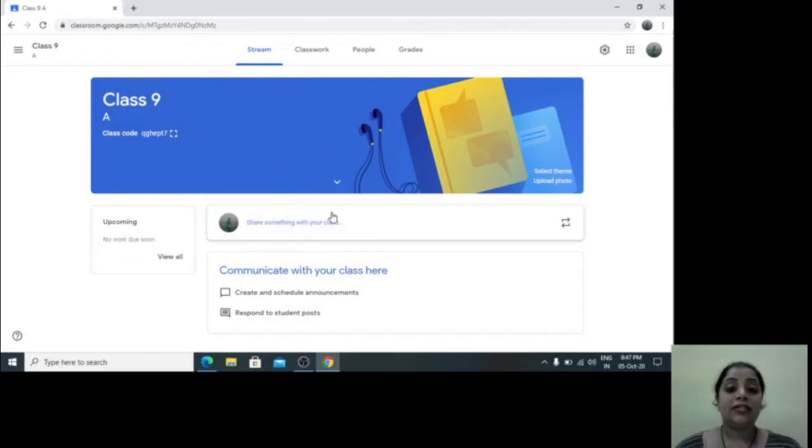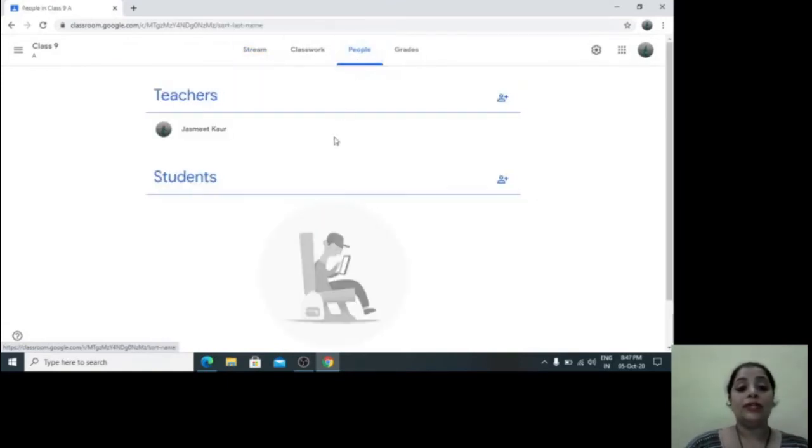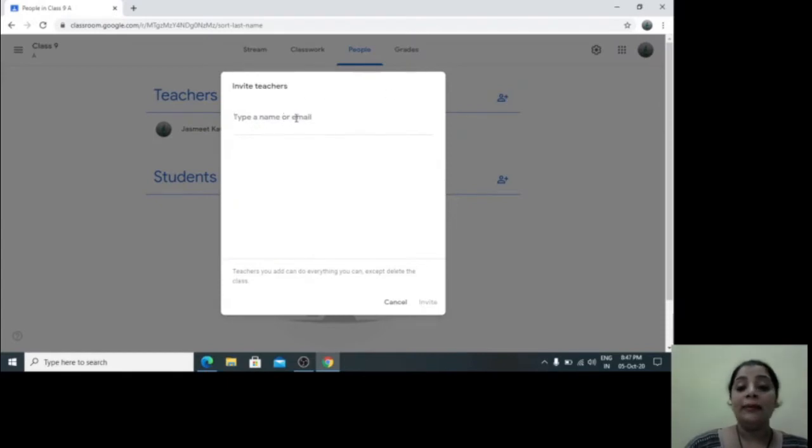To send the invite to the students, I have to click on the people option, the third option from the top. Over here I'll get two options, one for teachers and another for students. In the teachers, as I have created the class, you can see my name is already written over here. In order to add more teachers into this class, I can click on this plus sign and write the name or email ID of that particular teacher.